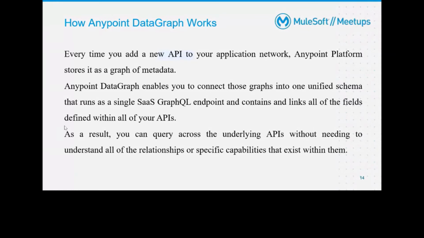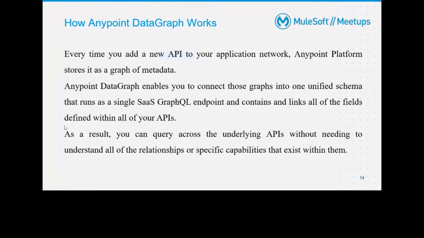If I create a customer data type, immediately the Anypoint platform is going to store that data as graph metadata. Internally it stores it as metadata. Now, whenever you add that API into Anypoint data graph, this metadata is going to be available within the unified schema. There is one bigger schema, and whenever you add a new API to Anypoint data graph, all your metadata is going to be stored in the unified schema.